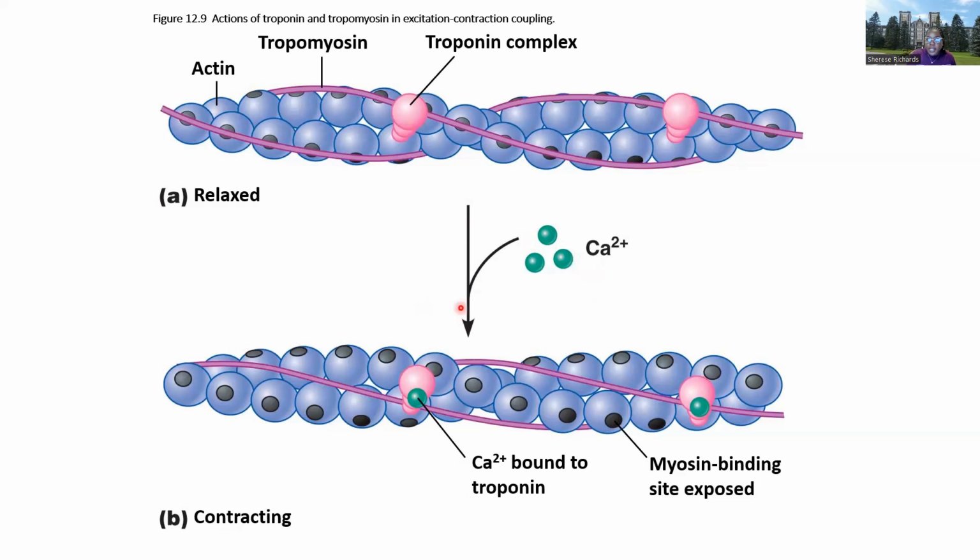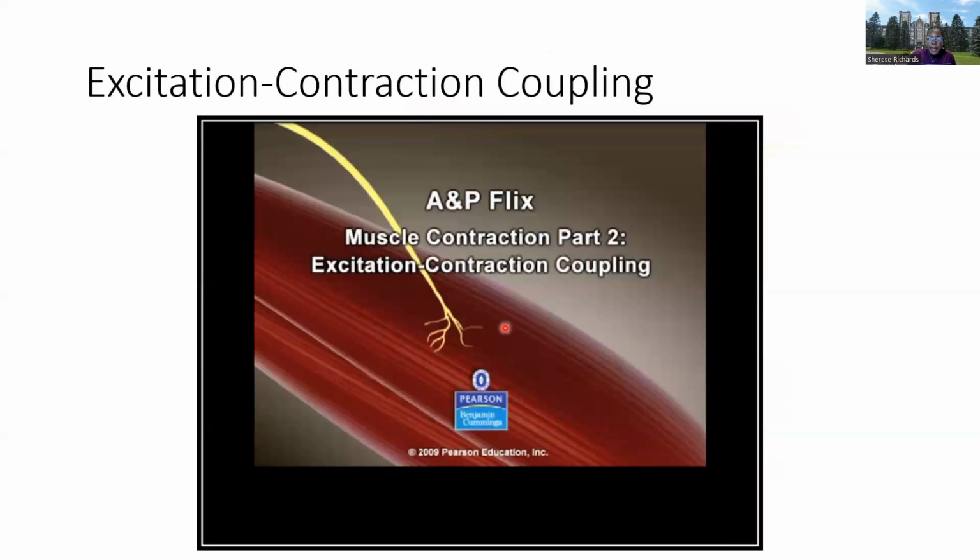So when we have calcium come in, the actin can go from its relaxed state to the contraction. Because calcium binds to troponin, the tropomyosin gets dragged away from the binding spots. They're now exposed, and the myosin heads can now engage, and cross-bridge cycling can occur. Here's that second video again. Please look at these. I think they're a great way to simplify all of this and to illustrate it